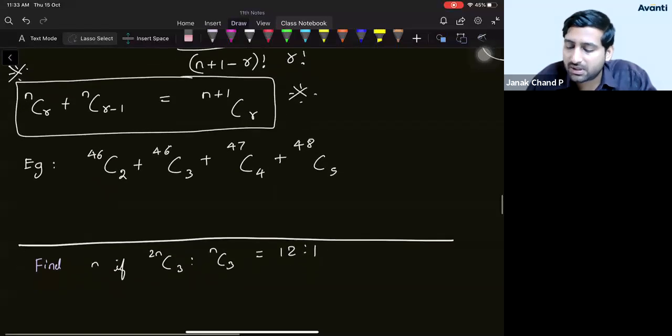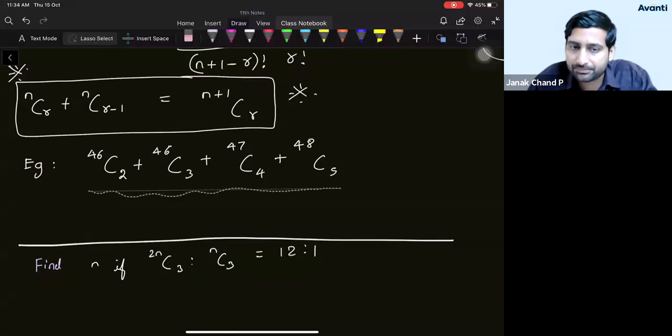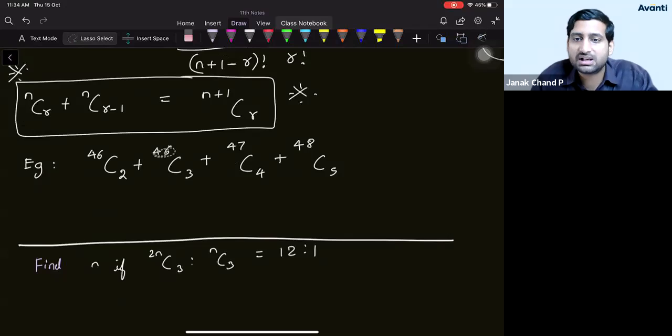Okay, so what you should do, student, is that you cannot add all of them. Whatever formula we just learned now is based on addition of only 2 things. And that too, student, you can add 2 things only when this numerator, this upper value, this superscript is the same. Okay, a value written in the upper position is called the superscript. A value written at the bottom position is called the subscript. Okay, fine. So we know that, student, here the upper value is matching, superscript is matching, and the lower scripts are basically having a difference of 1.